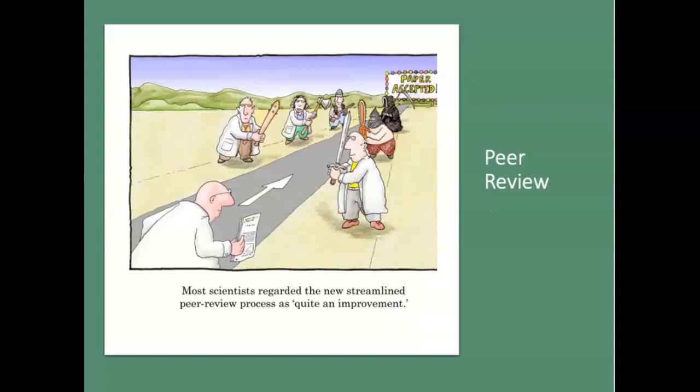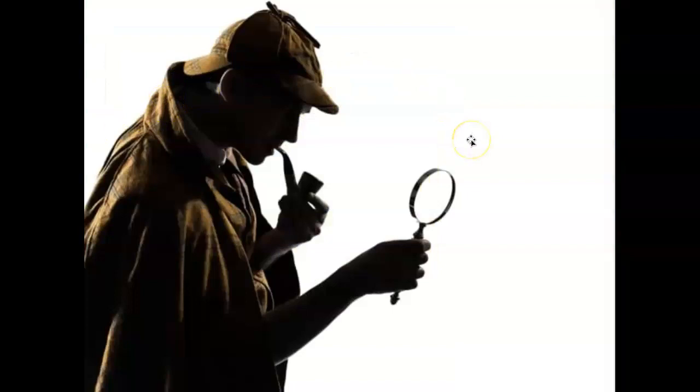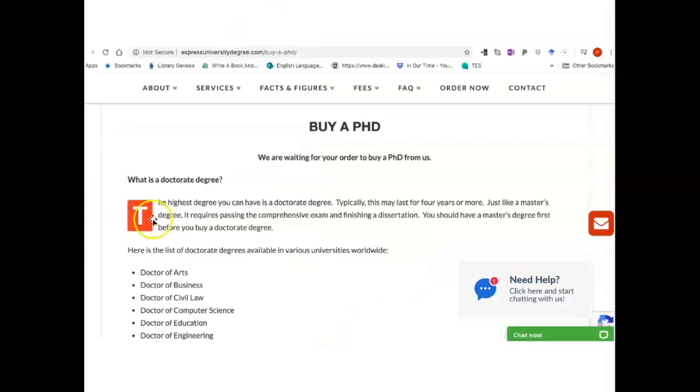And the idea of peer review is that real experts look at your work and they try and take it apart. Now, it might sound cruel, but it's actually necessary in the academic world because, again, we need to be more like critical Claire and less like trusting Tom. So, I'm going to use the idea that I want you to be a kind of detective, a Sherlock Holmes person. And one of the things that you can do in terms of peer review is to find out everything you can about an academic's credentials. Now, why am I asking you to be so suspicious?